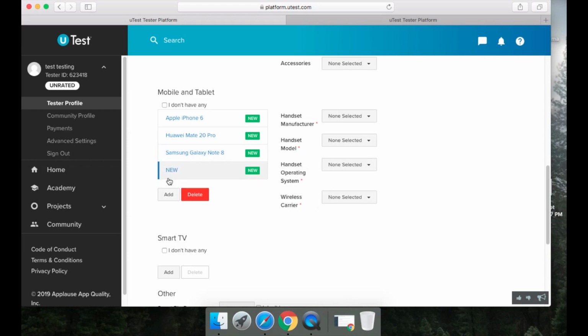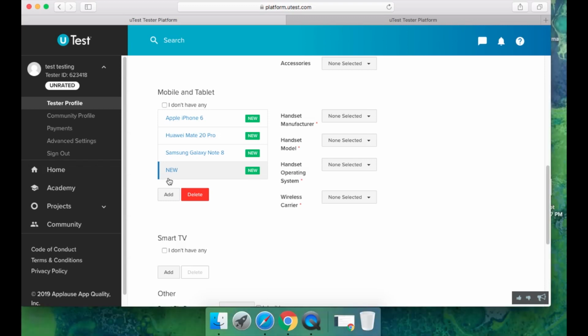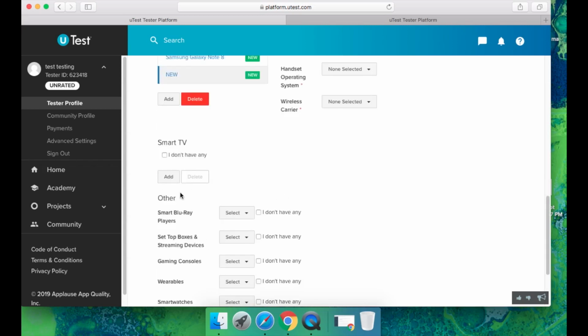So go like that. Put in every single one of your devices, every single one. Please list it there. It is very important. I cannot stress this enough. If you don't do anything else, put in your devices, right? Now, smart TV, if you have one, you click on add. I don't have one.